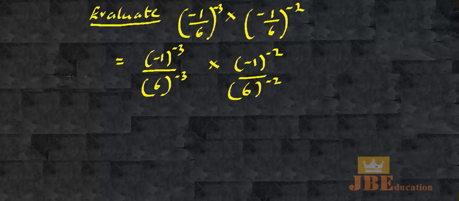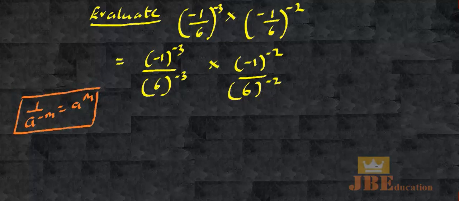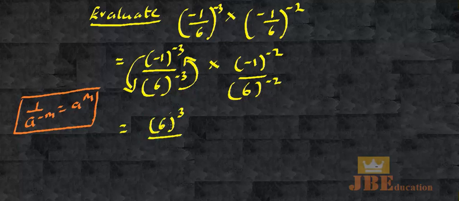Now, as I mentioned to you, we know a formula: a raised to the power negative m is equal to a raised to the power positive m. So using that formula, I'm going to be moving negative 1 raised to the power negative 3 to the denominator and moving 6 raised to the power negative 3 to the numerator. So that would be 6 raised to the power positive 3 divided by negative 1 raised to the power positive 3, multiplied